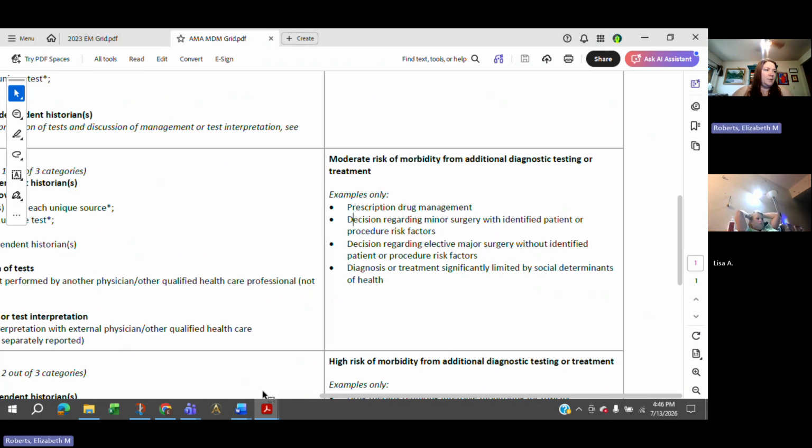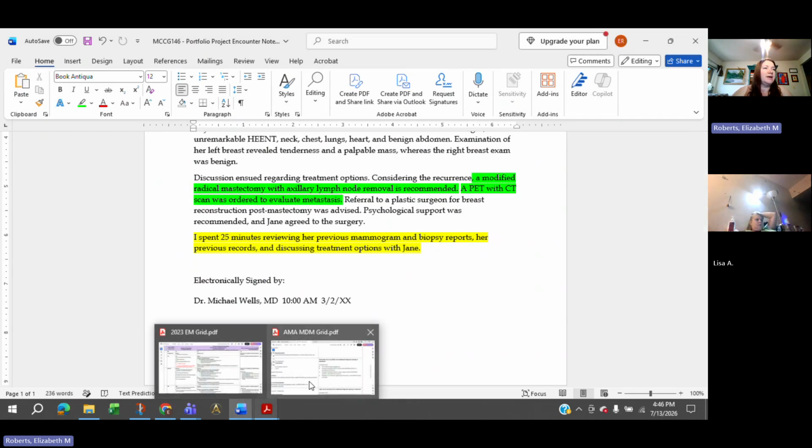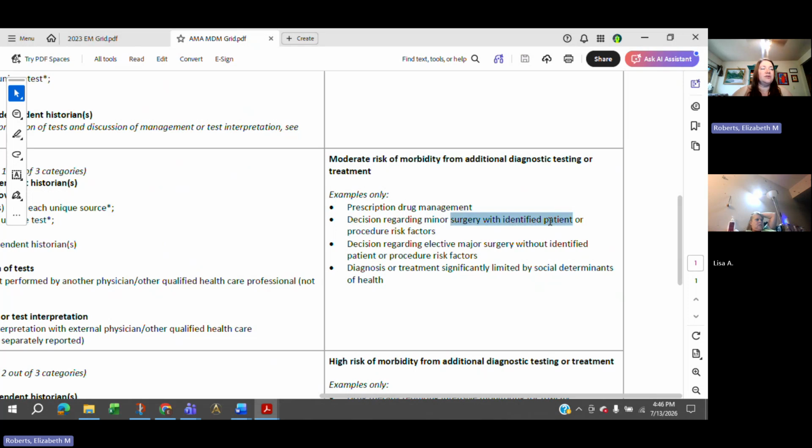But remember, talking about some surgical procedures here. As we just read, this patient has agreed to undergo a modified radical mastectomy with axillary lymph node removal. So going back here, look at these, we have surgical procedures, right?